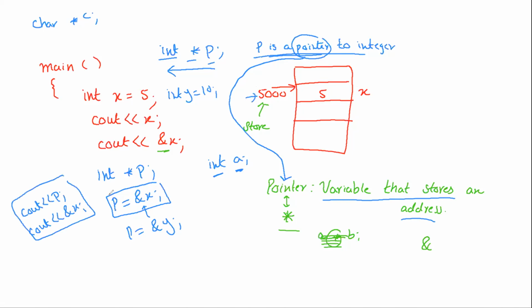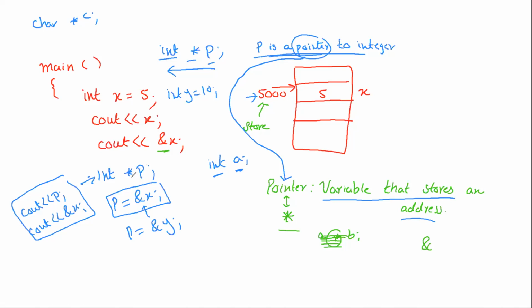So the summary of this symbol is that there is something called a pointer. Pointer is nothing but a special type of variable. Why is it special? It is special because it holds an address. All other variables hold values, but pointer is a special variable which can hold address. And when you define a pointer, you have this symbol, star, whatever you want to call it. So if I want to store address of an integer, I need a pointer to integer. If I need to store address of a float, I need a pointer to float. Okay, so in our example, we are dealing with integer. So this statement here is defining a pointer to integer.